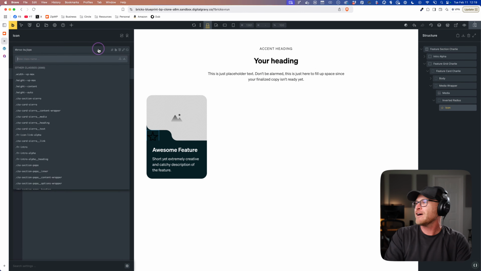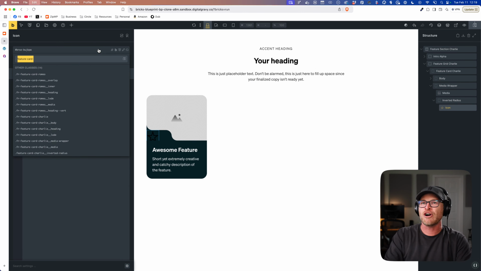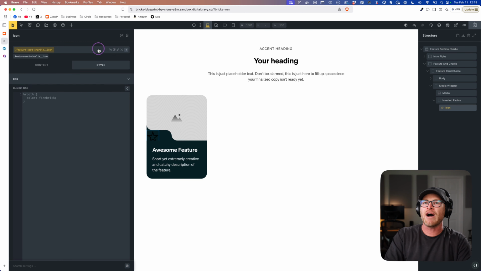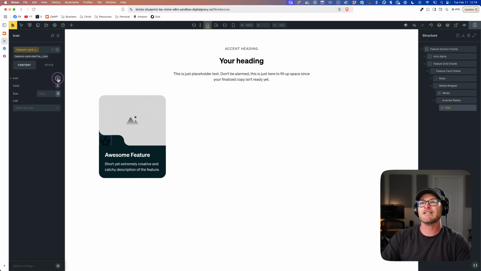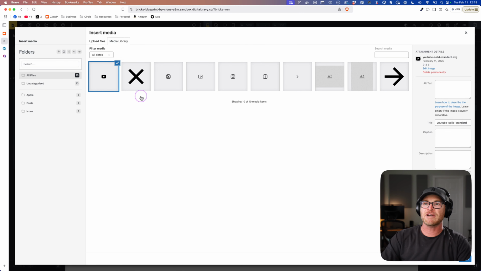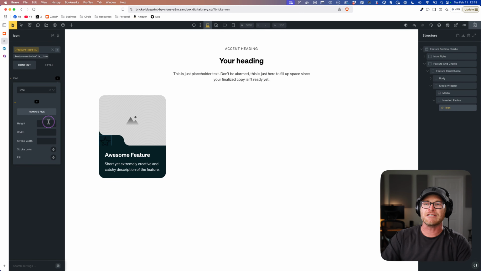Okay, let's go feature card Charlie. Okay, I'm not gonna bother with the FR. We're gonna delete this anyway, it doesn't matter. I'm gonna go icon, right? Check this out. So I'm gonna go, let's say these are video cards. We're gonna signify that these are video cards by putting a cute little video icon in here. Let's combine what we're doing with the icon framework. Why don't we, right? Wouldn't that make our life very easy?